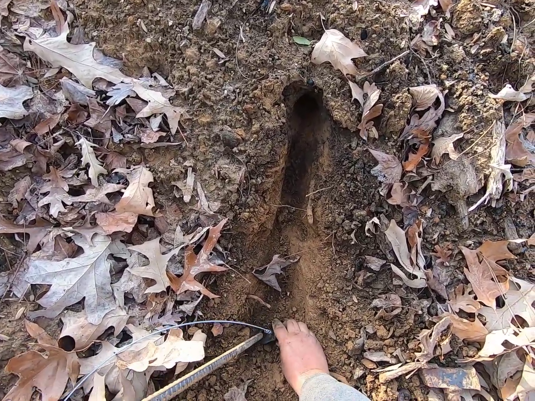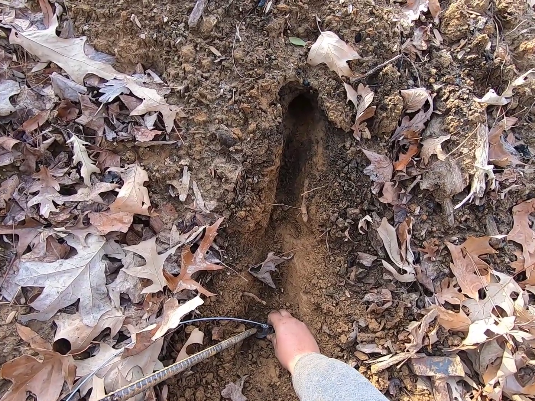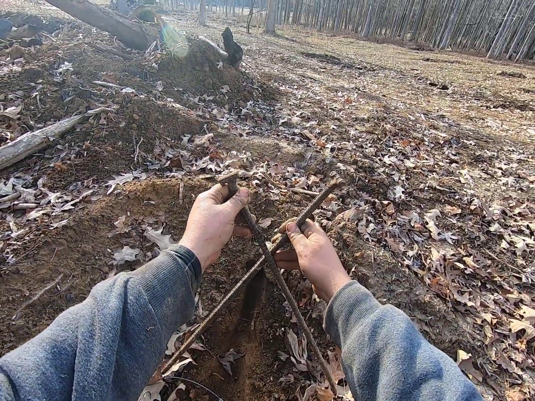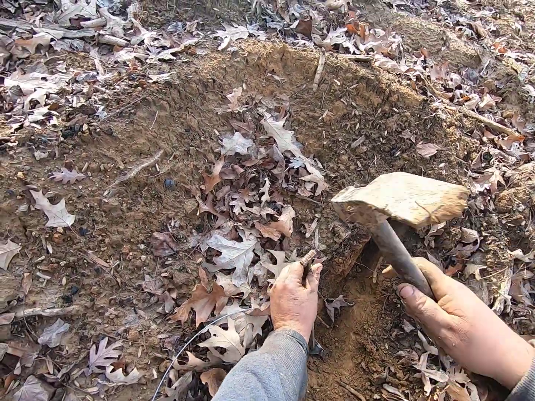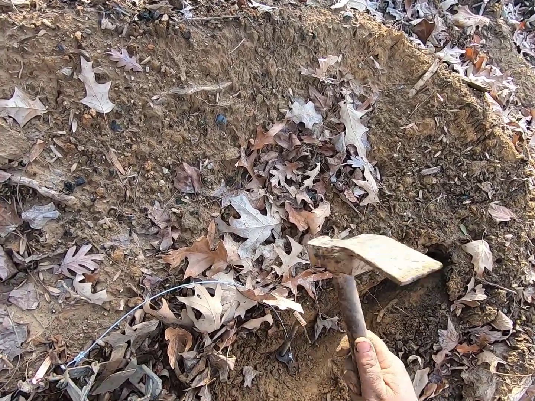All right, guys, when using these cross stake anchors, they're designed to where you put that stake in the ground and those stakes cross, and then as that animal pulls up on that anchor, it pulls those stakes in, and it's almost impossible for them to pull those stakes up. So we're just gonna hammer